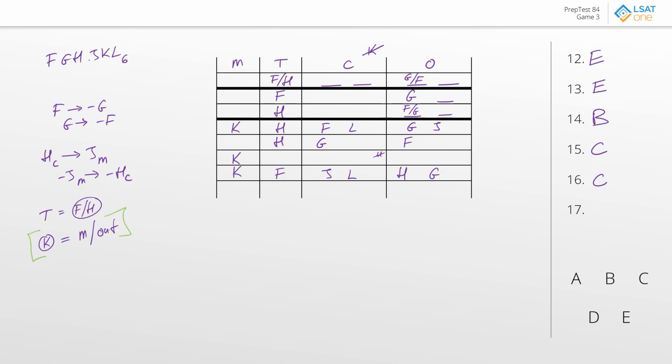E. If K is a nominee, then K has to be the mayor. And this pretty much nails it. In fact, this is our deduction, in a sense, that K could never be a counselor, meant that either he's going to be the mayor or he's going to be out. Or in other words, that if he is a nominee, then K would be the mayor. This guarantees that he'll never be a counselor, and it always had to be true. So answer choice E then is a perfect answer choice.